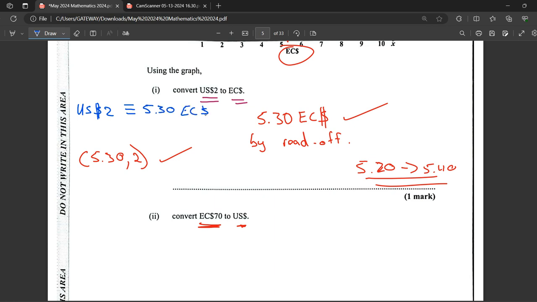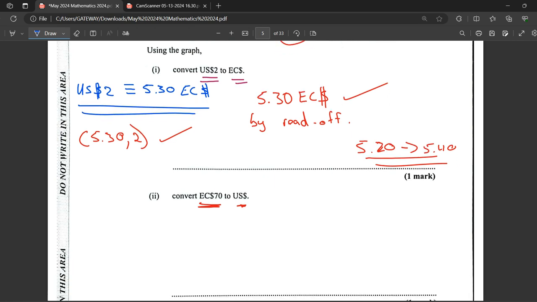So I have like a conversion factor here basically, right? But I want to find for 70 EC dollars. So I could say $5.30 EC dollars, that is equivalent to basically